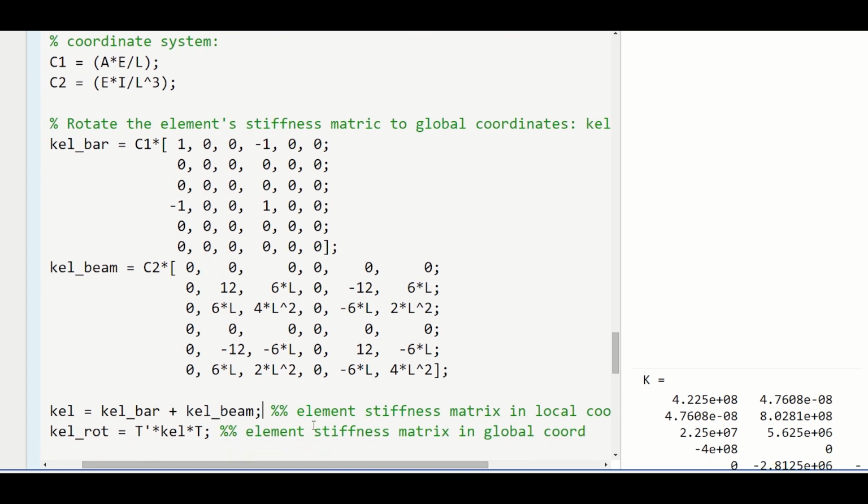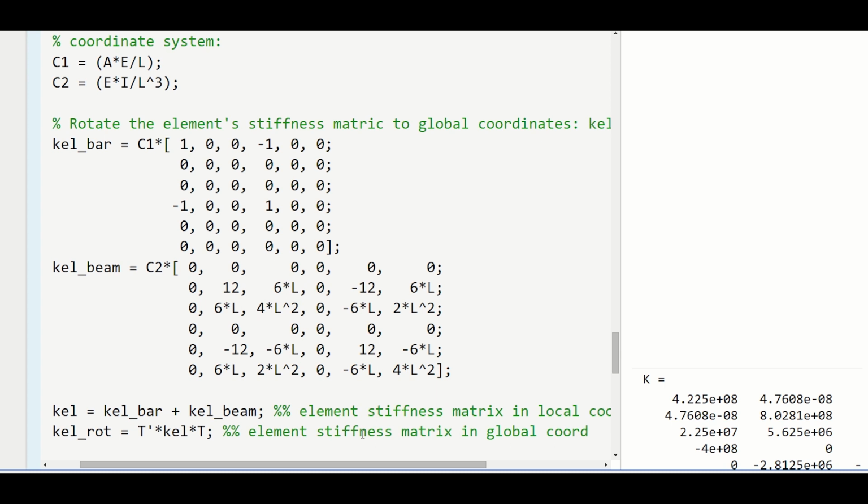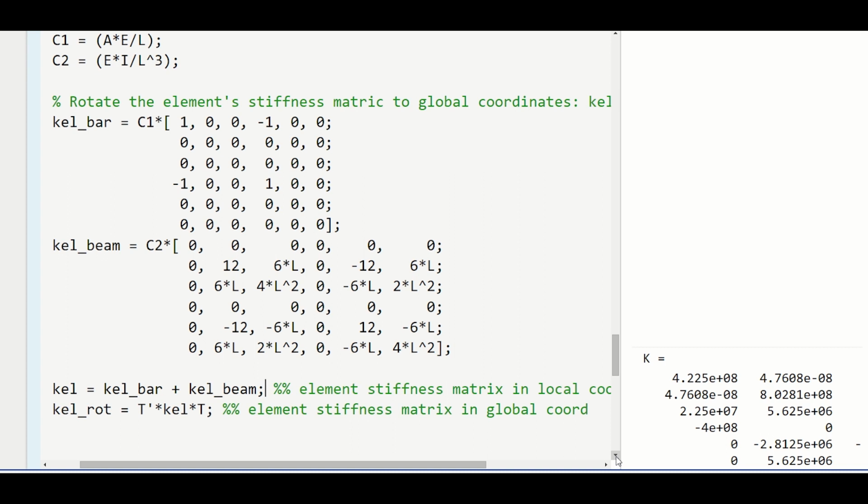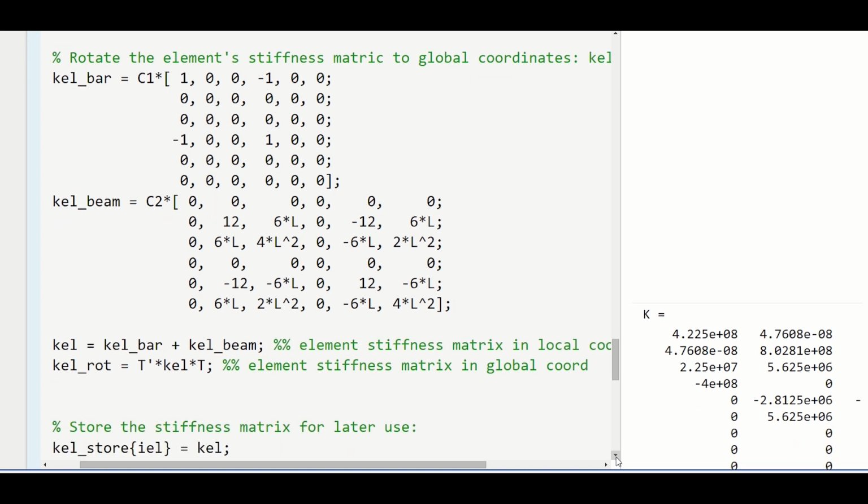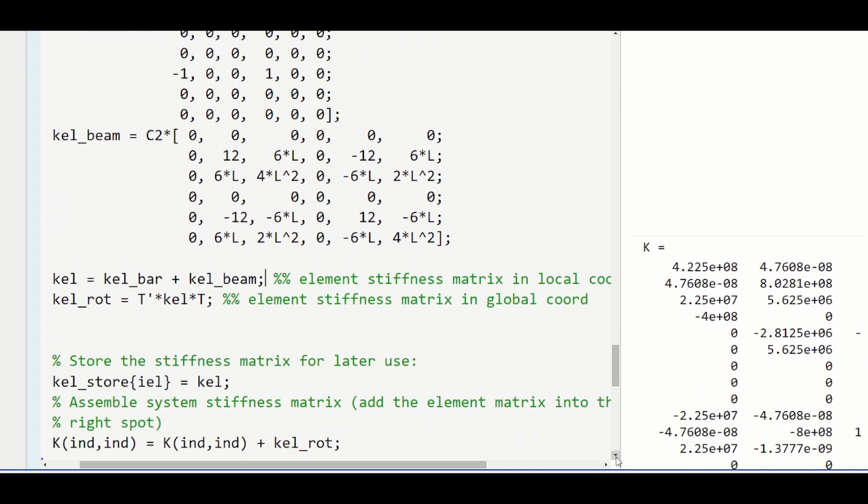But you need to actually assemble that into the global coordinate system, because you need to take account of the orientation of your beam or a column or a bar, whatever your structure element is. So how you do that is your transpose of the transformation matrix times KEL in local coordinates times the transformation matrix gives you your element stiffness matrix in the global coordinate system. So I call it KEL rotation, KL rot. So now we need to just assign, populating them into the global